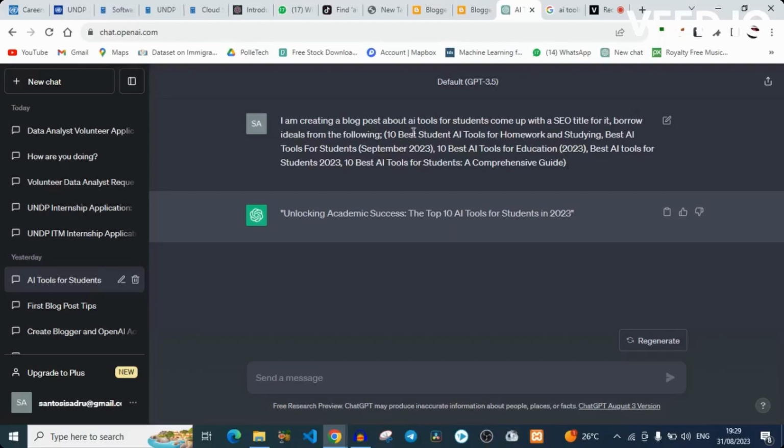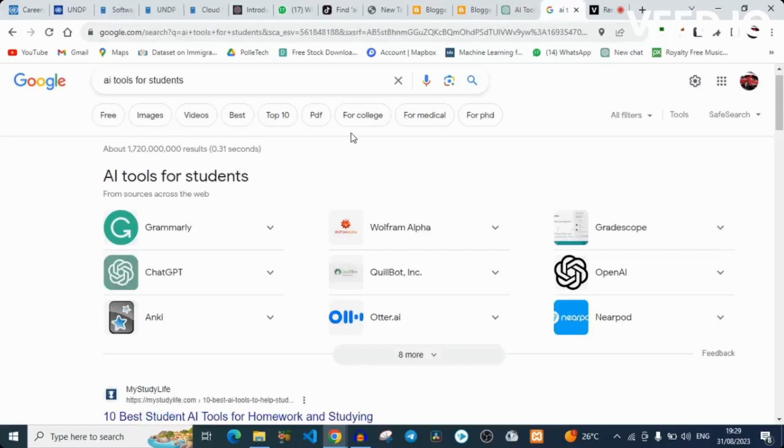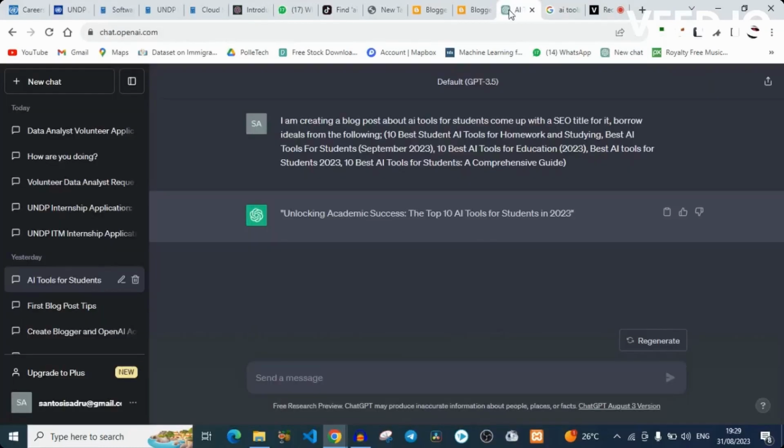What I did here was basically copy. Remember we earlier did a search here and we got these titles. So we are copying that title and we are giving it to ChatGPT such that it can learn how people come up with titles, so it can come up with our own title. I gave it that. Then ChatGPT gave me this optimized title: Unlocking Academic Success, the top 10 AI tools for